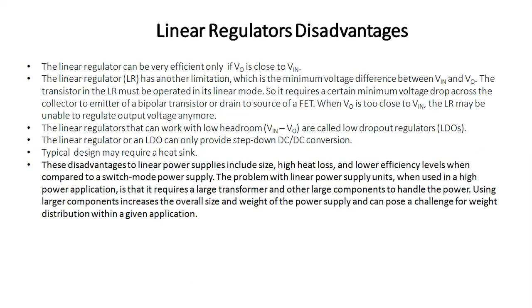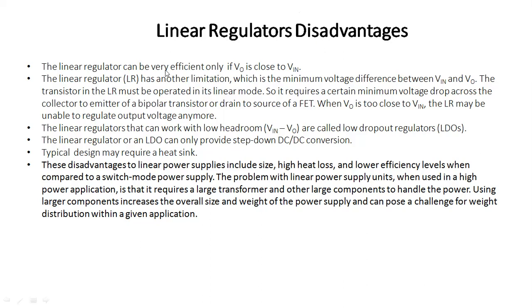So here, we have seen there are lots of drawbacks in the linear voltage regulator, because we are using the transistor, we are using the diodes, and the transistor will work in the linear region or ohmic region. That's why it will dissipate a larger amount of power, and as it dissipates a larger amount of power, it will need a heat sink, because there is a larger amount of temperature loss. So we can see these drawbacks are nothing but the linear voltage regulator's disadvantages.